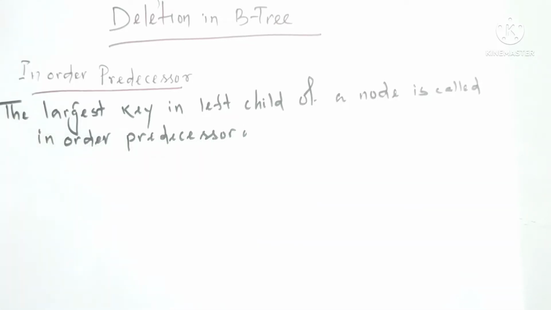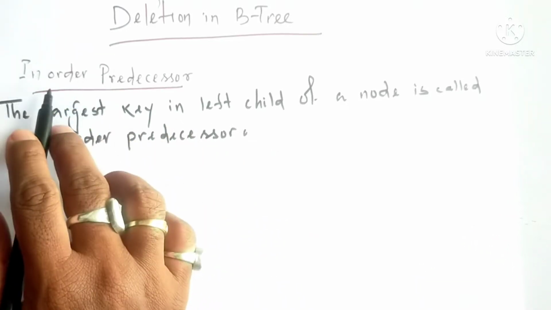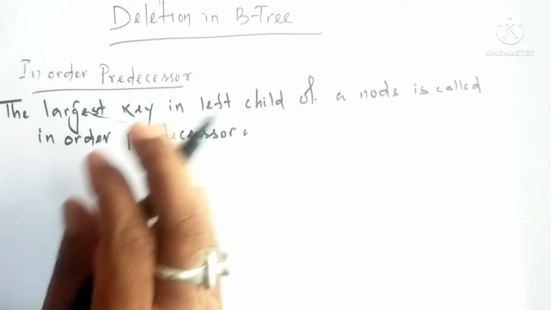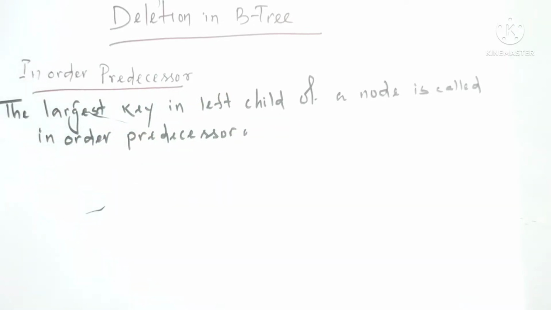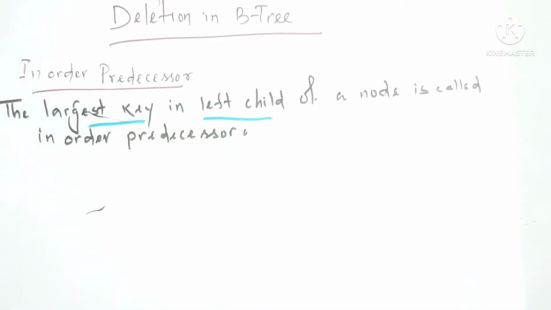So during the deletion process in a B tree, we are going to use the in-order predecessor. So please know the meaning of in-order predecessor. The largest key, if you search in the left child of a node, will be called your in-order predecessor. The next is